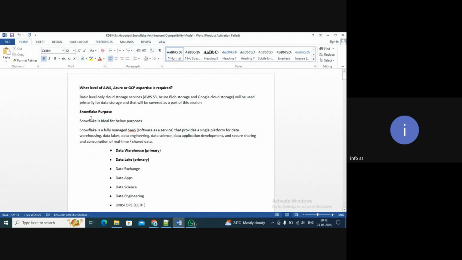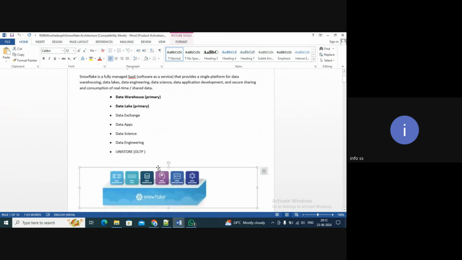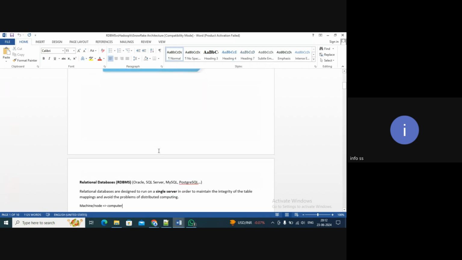See, the use case for which we use Snowflake is primarily as a data warehouse. If you're not aware about data warehouse, I'll be explaining. It's not just a data warehouse. We can use it for multiple workloads. Basically, on a high level,